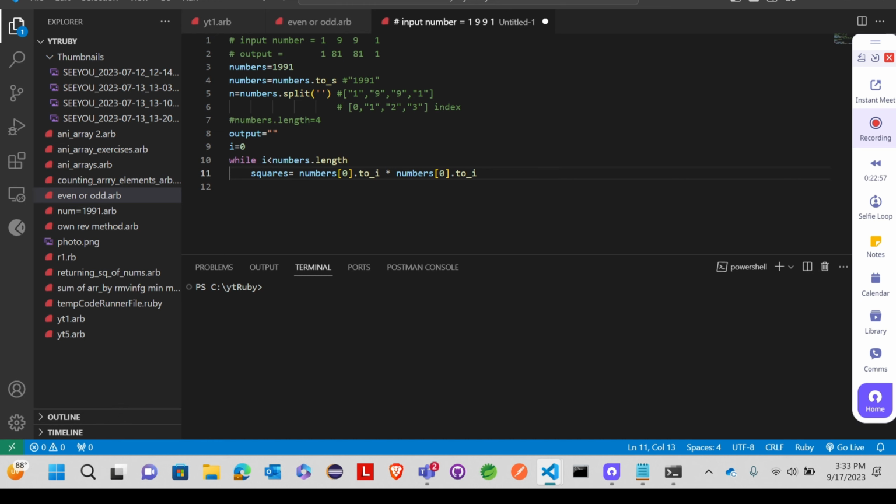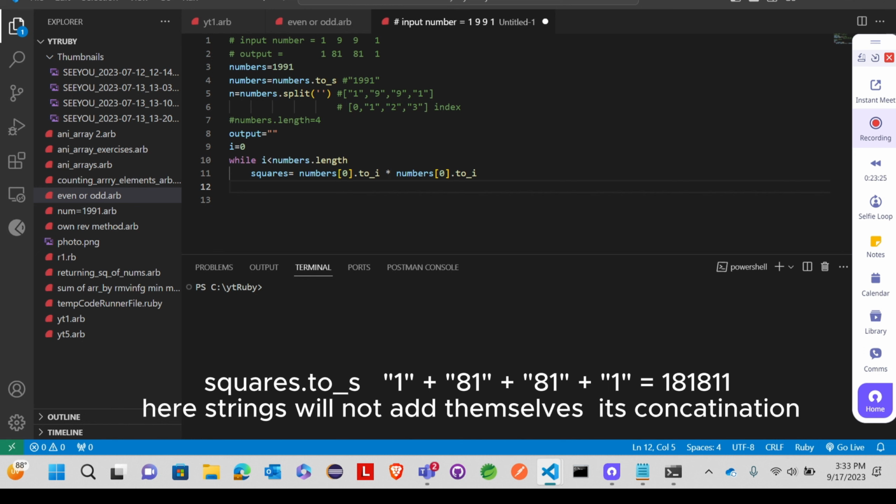After multiplying that number with the same number, it will store that. So what I want to do is add these results into the output. It's an integer, right? If I add integers into output, integers will add themselves. So I want to convert that to string, because strings can't add like that. So what I will do is output equal to